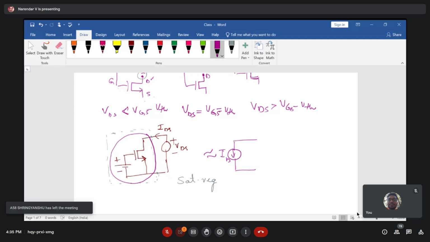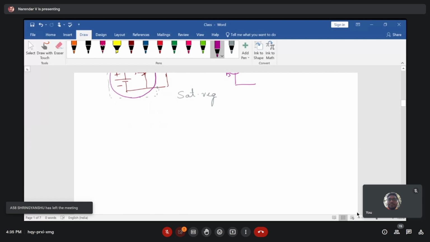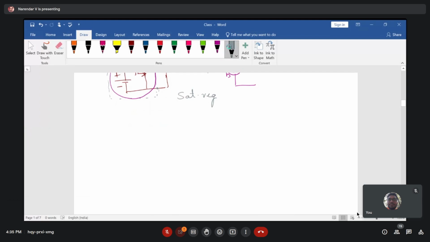Okay. Now with this, what you can say is that you can make an equivalent model for this transistor, and the equivalent model is going to be something like this. Now we have a gate terminal, and a source terminal, which is common for the drain and source. Here we are indicating the drain terminal. And we apply the gate to source voltage, which is VGS, to make the device in cutoff,